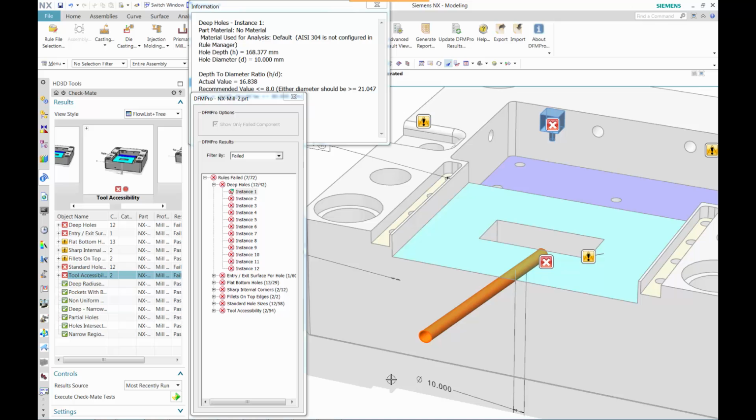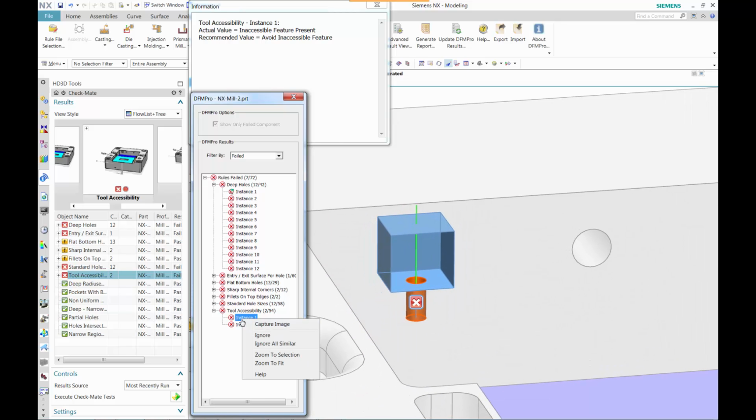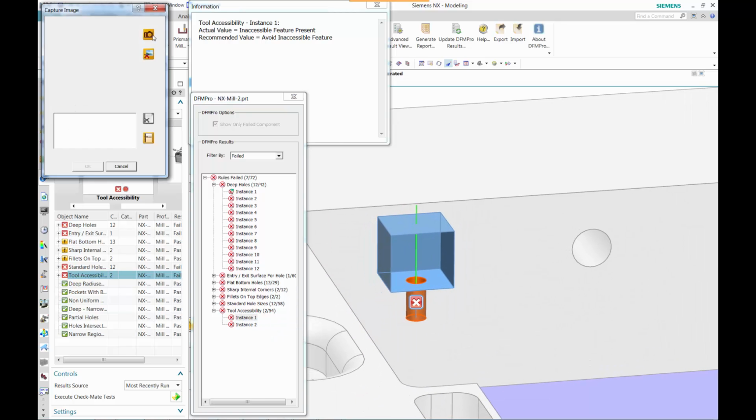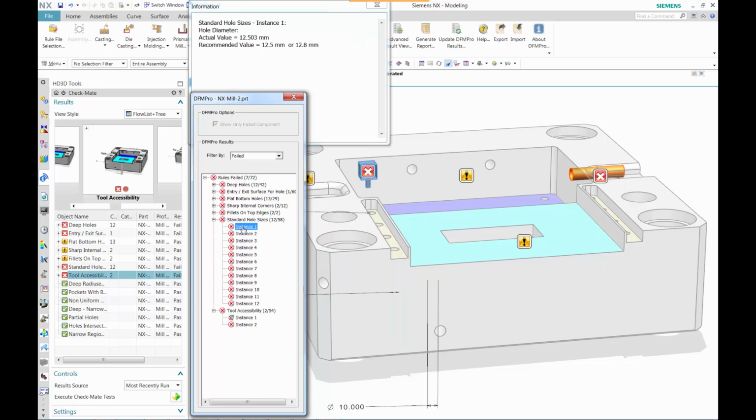All right, so once that is done, this capture is going to go into the report later on that we will review. Let's take a look at another one. In this case, at tool accessibility, we want to go ahead and capture that image. We want to make a note saying that perhaps we need to open up the slot all the way to the top. Then we have the ability to drill a hole